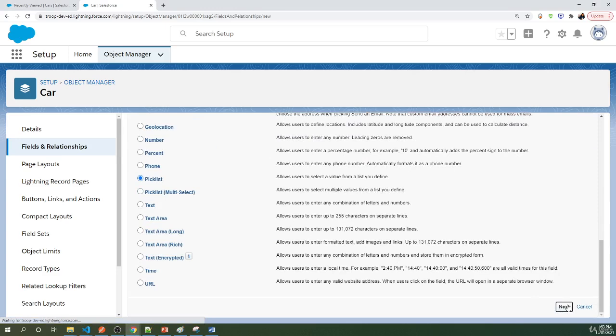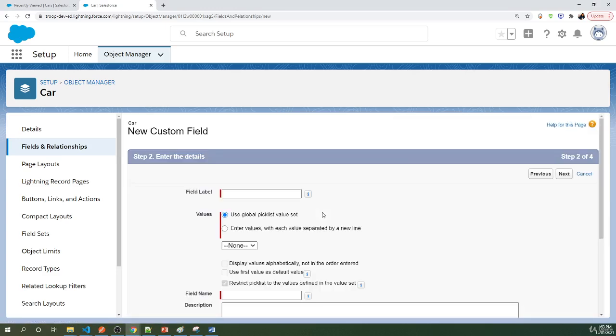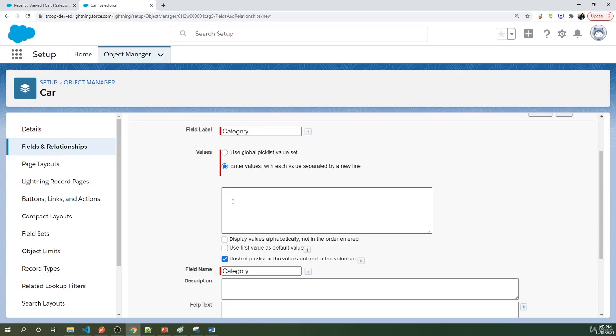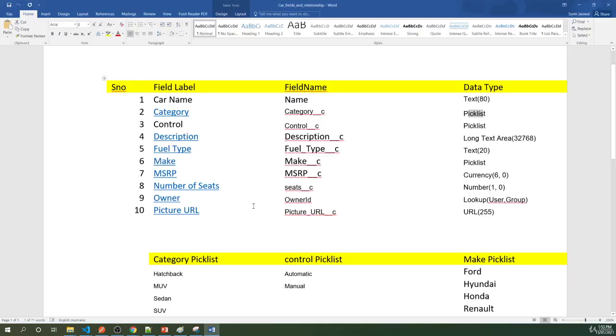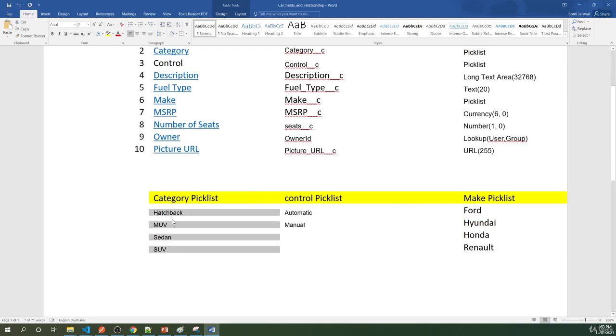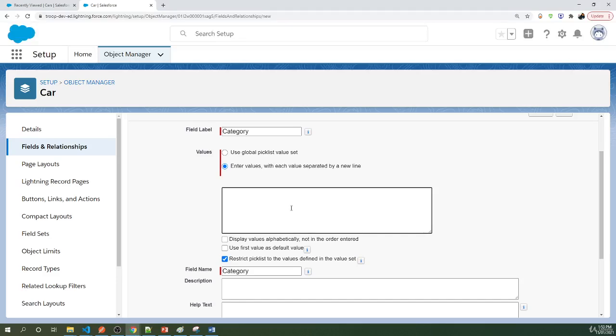go down, select next. Then it will ask for the field label. The field label is category, and we want to select enter values with each value separated by a new line. So we'll enter our values here for the pick list, and the values I already mentioned here, the category pick list. I'll copy this and paste it here. Just make sure there are no extra spaces,